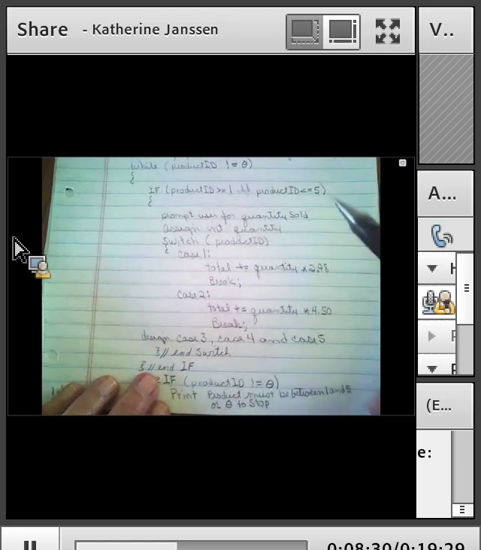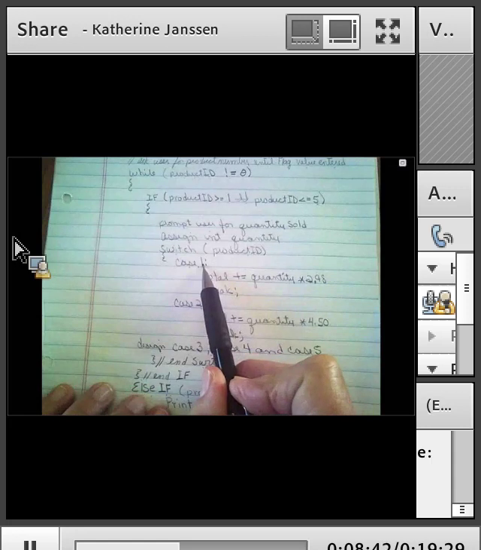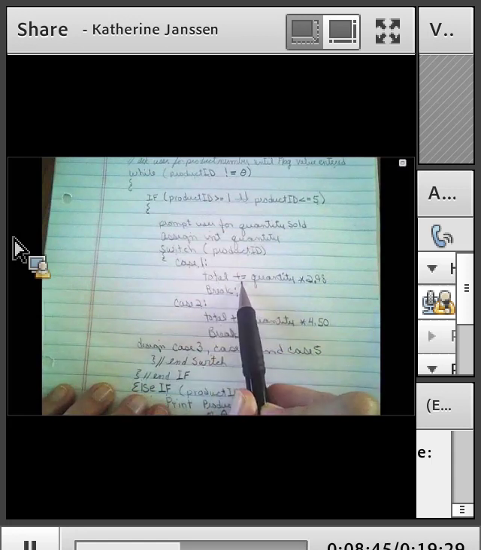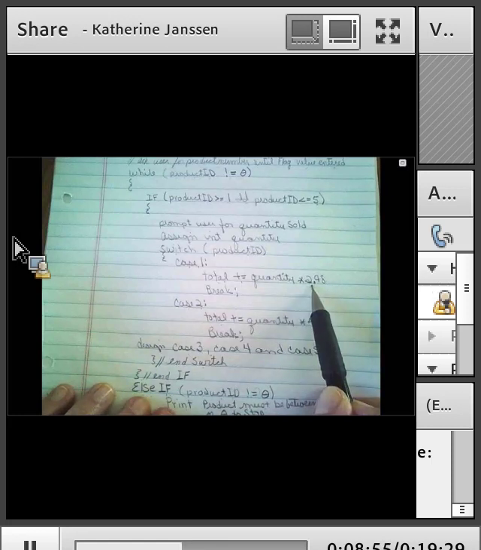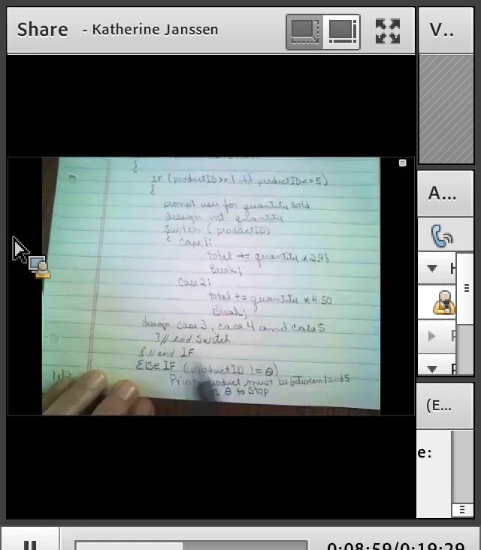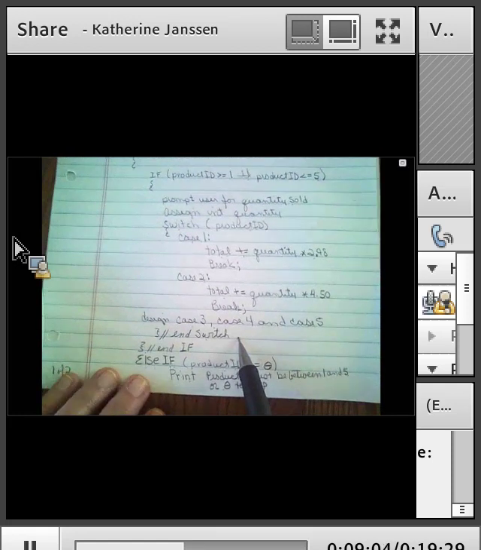So we're processing our first product ID. Let's say the user has sold a quantity of 1. Product ID is 1. We're going to match on case 1. Total is going to be incremented from its previous value. At this point, it was 0 to quantity, which is 1, times the price for product ID 1, 2.98. And then we break out of the case and go to the statement immediately following the switch, the end switch, which is our